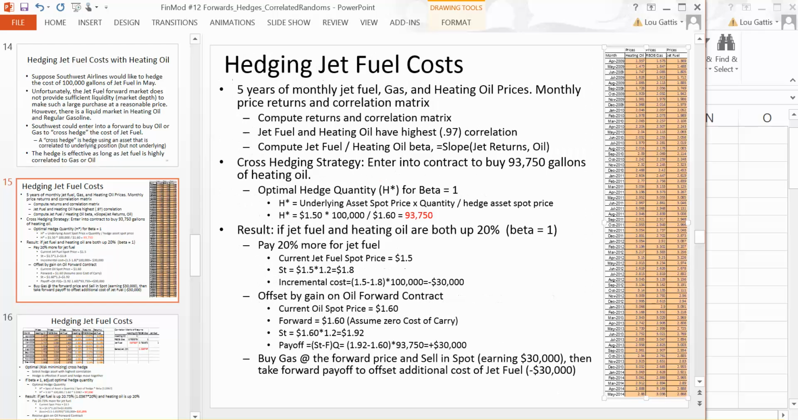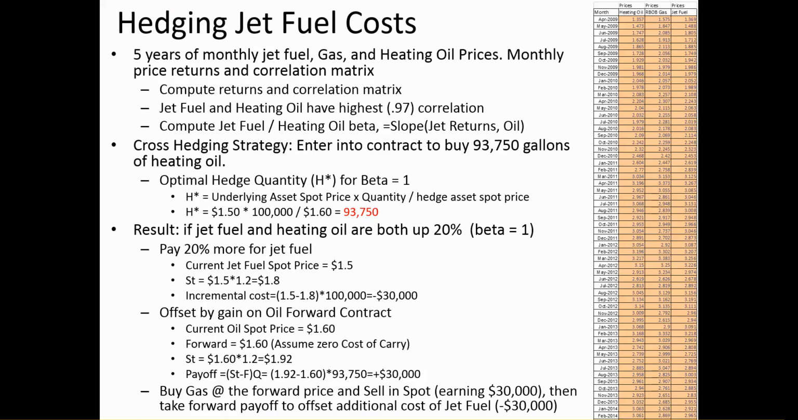So let's talk about the hedge we're going to set up. Let's think about setting up a hedge in which I want to take a long position to buy heating oil. Again, I need to buy $100,000 eventually worth of jet fuel, and let's assume that the spot price of jet fuel is $1.50. So I'm planning on buying $150,000